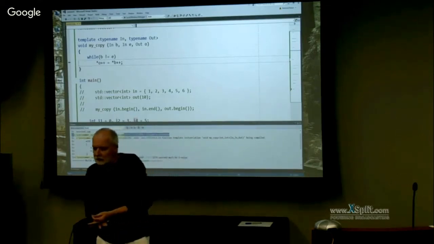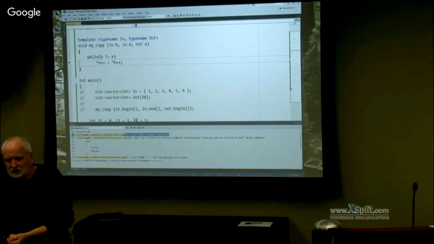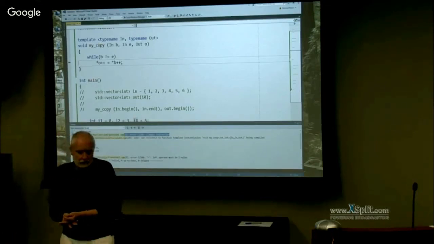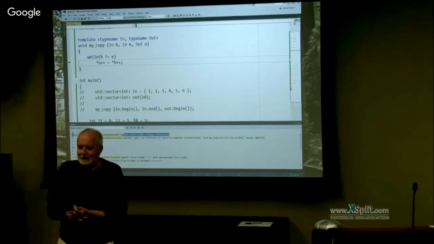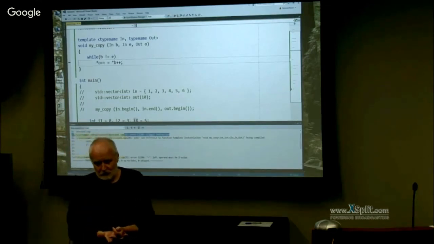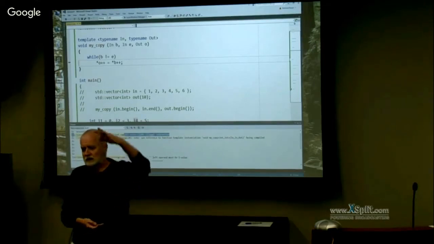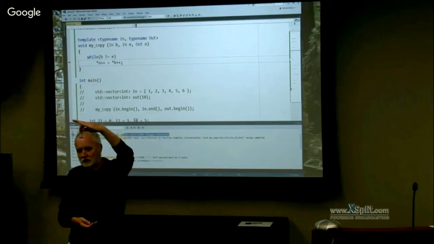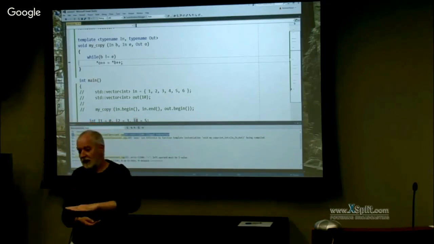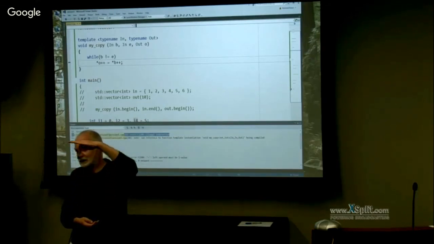So don't be afraid when you start using HPX and you see these error messages. Don't say, wow. It's fairly easy to navigate those error messages, and you have to learn how to do that. Once you hit them, just tell somebody who already knows how to deal with them, and they will show you. The trick is to scan from top to bottom all lines until you find the word error, because it's probably 20 lines down. And then you go back until you find the first line which refers to your code